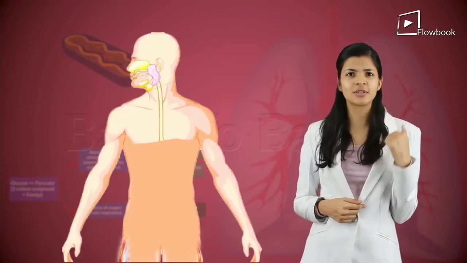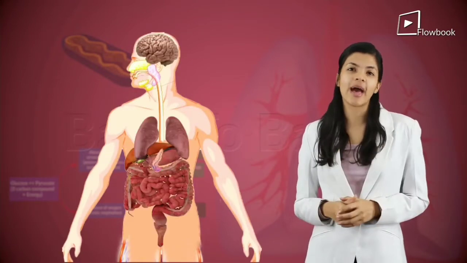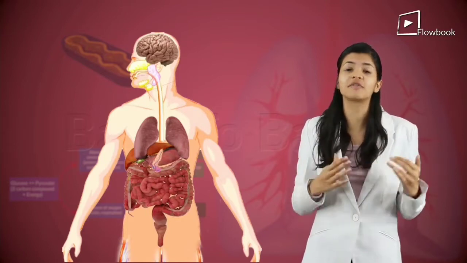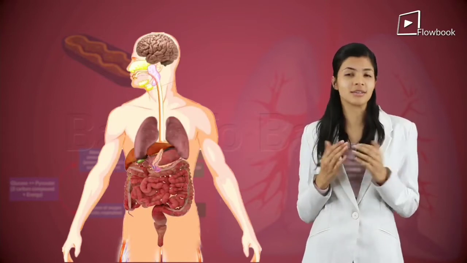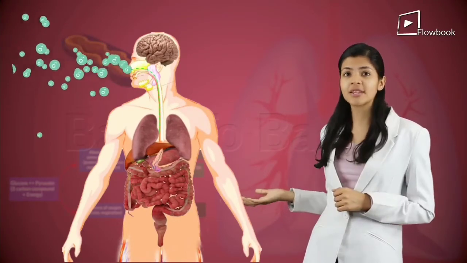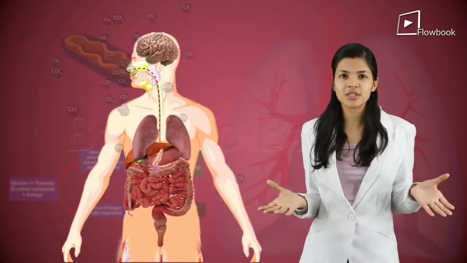Can we humans do the same thing? No way, right? We are multicellular organisms, so we have special organs to conduct this exchange of gases. We have lungs. So we take in oxygen, exchange of gases happens in our lungs, and we exhale out carbon dioxide. Do you think fishes can also take in oxygen for respiration?